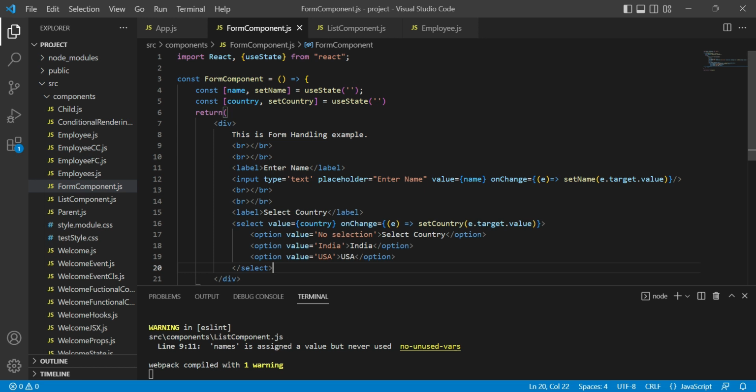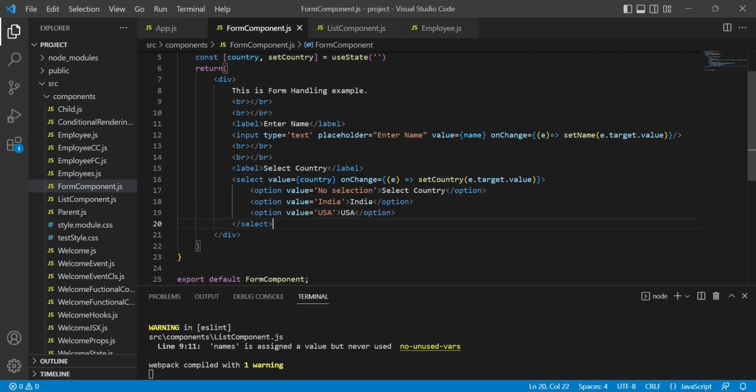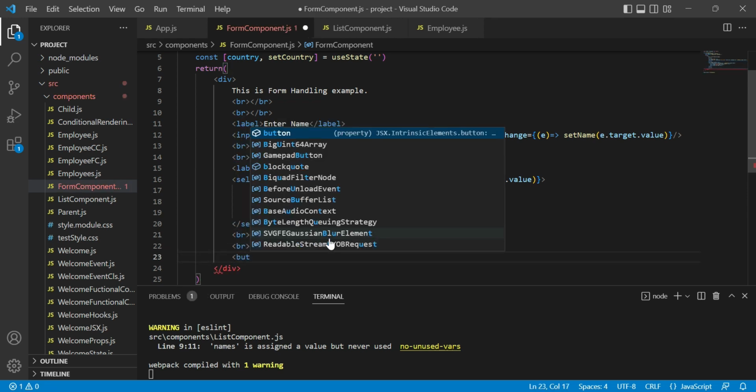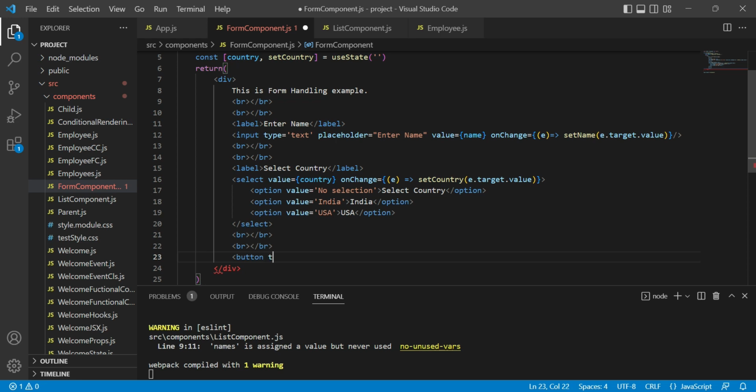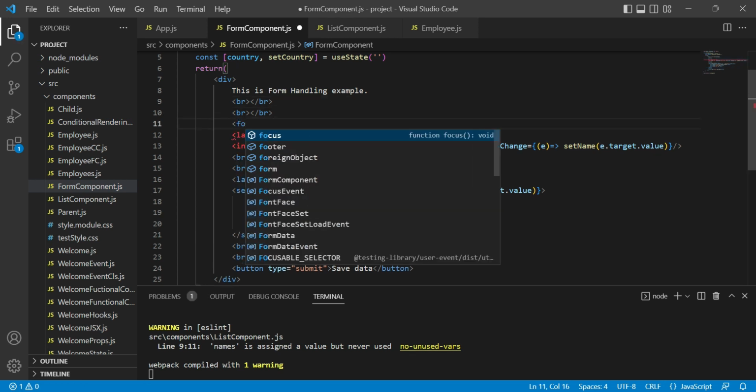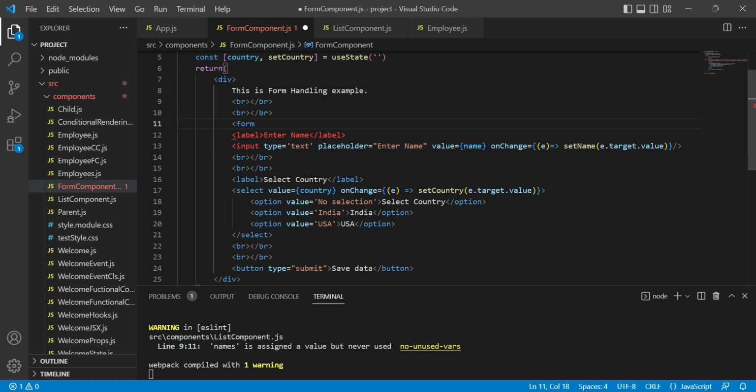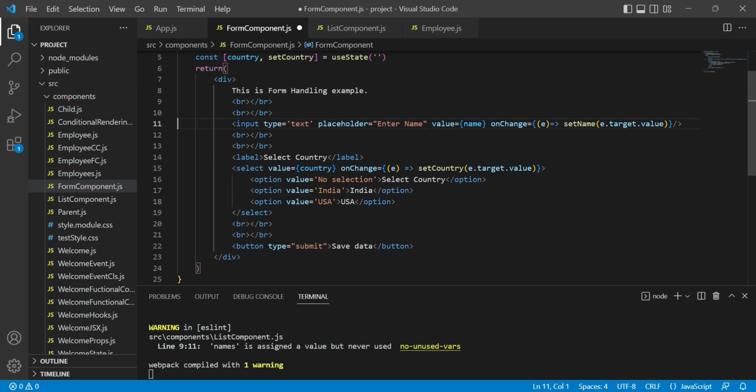Perfect. Let's create a button again. So I'm copying these two break lines here and let's use a button. So button type submit, save data, save, and I'm going to wrap this thing inside a form. So form, close it after button,